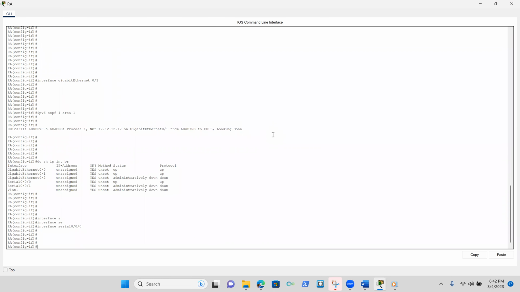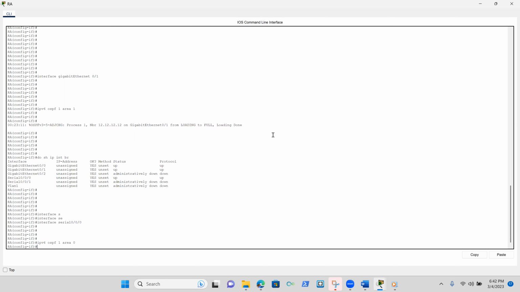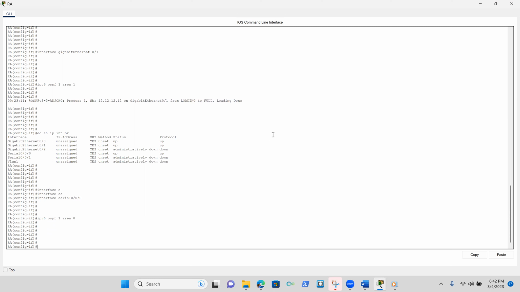Then we can do IPv6 OSPF 1 area 0. Okay, so now in step 3, we're going to configure OSPF version 3 on router